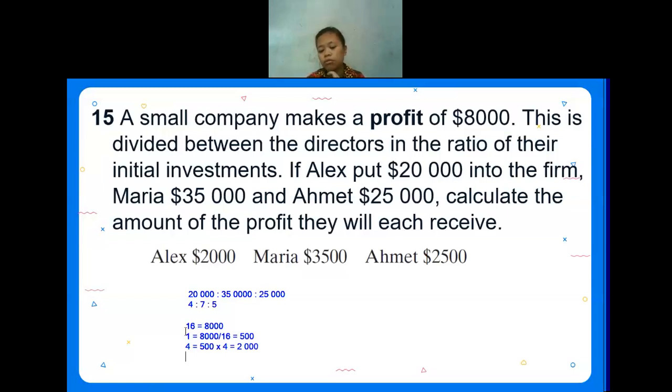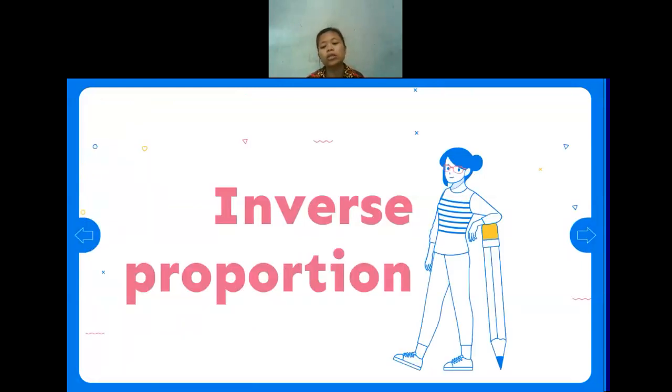No confusion? Okay. If you have no confusion, I will move to the next subchapter about inverse proportion. Please let me know whenever you have any difficulties. Do not stay quiet. I'm reading the chat box, but I just don't reply by texting. Mostly I will just directly reply by telling you the answer to the question. So please feel free to tell me whenever you have any difficulties.